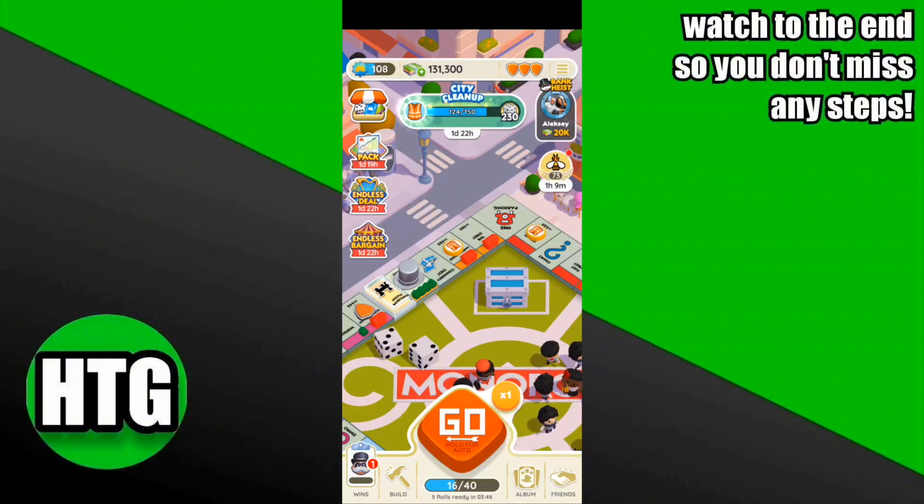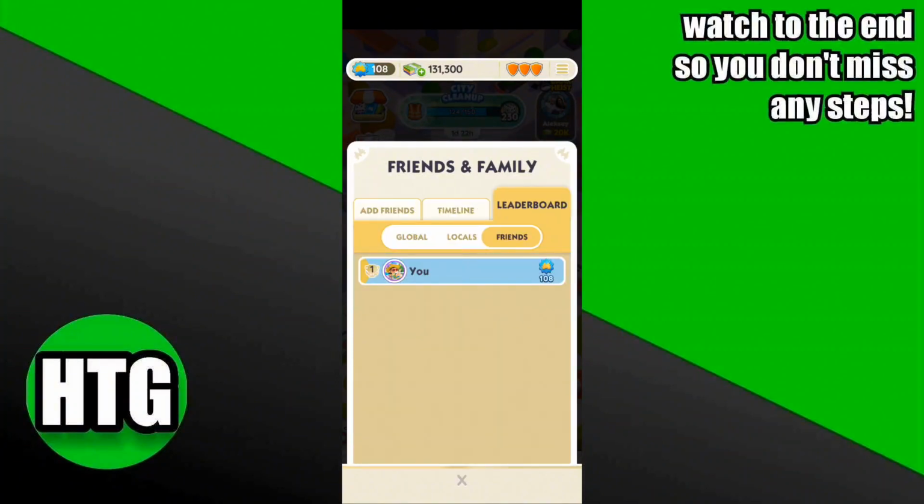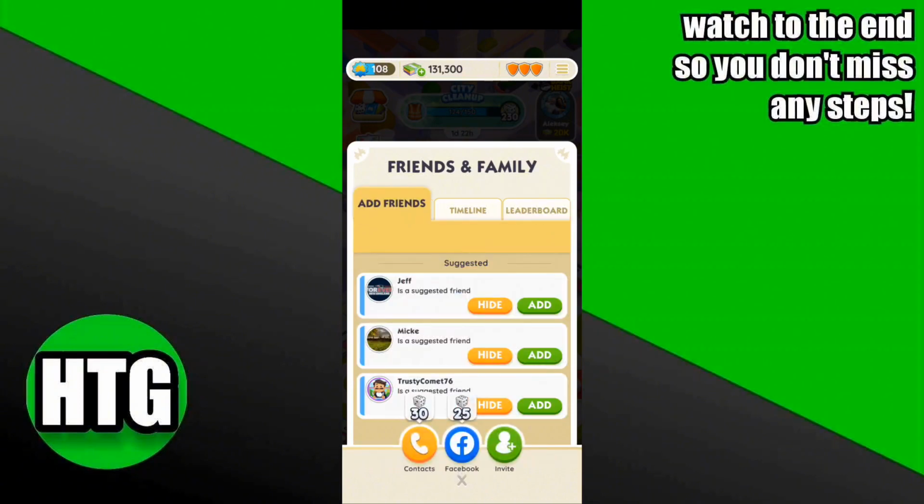Then click on the friends option at the bottom right corner. And as you can see, there are three options: add friends, timeline, and leaderboard. You have to select the add friends option, and there you see three options down below: the contacts, Facebook, and